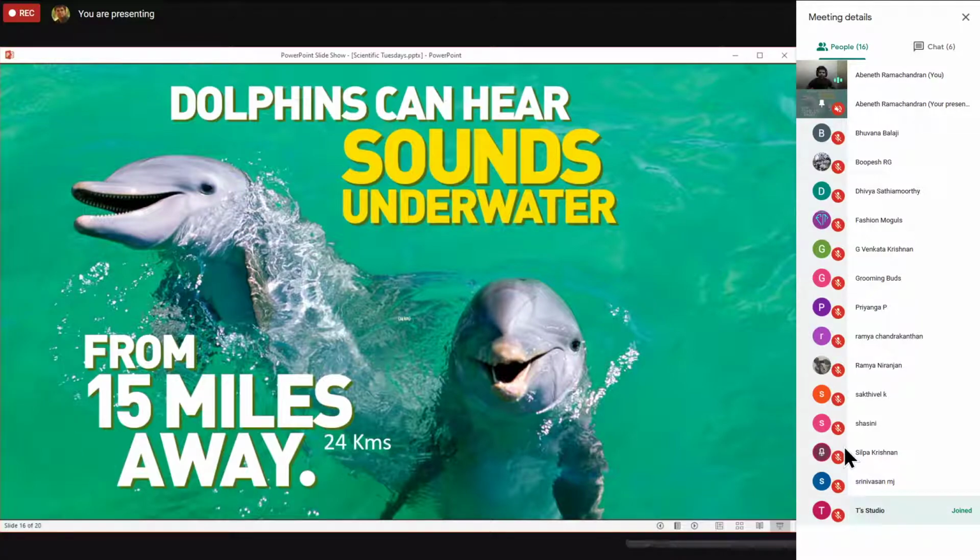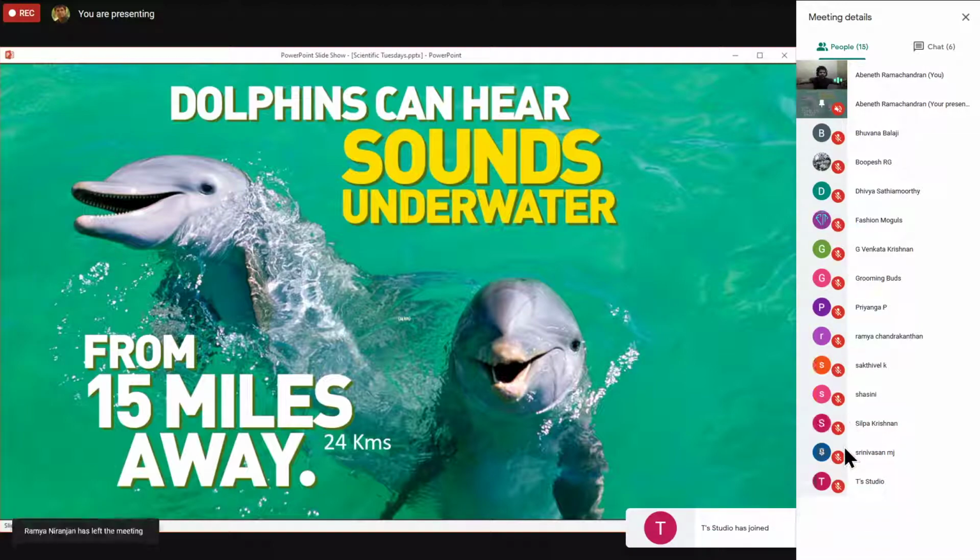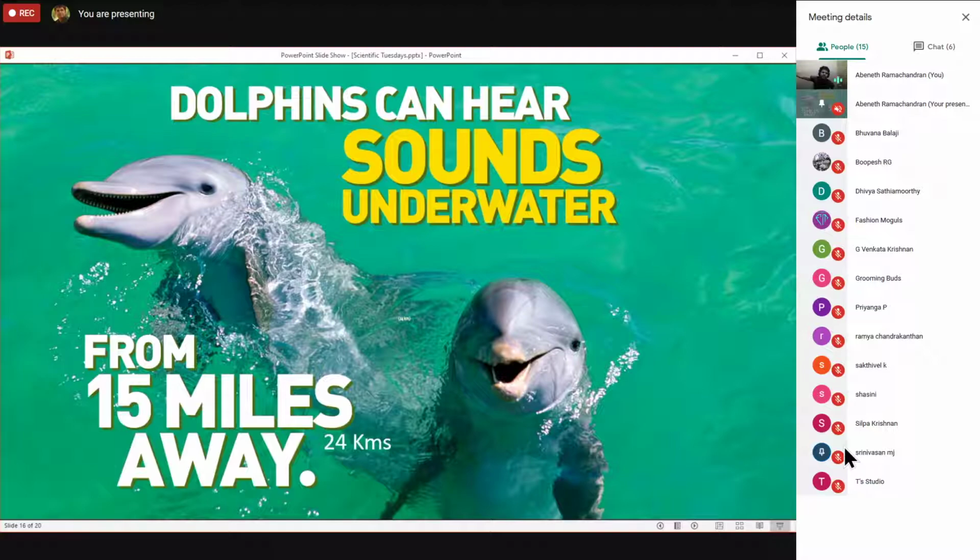For a normal human being, if there is no other disturbance, no other medium or anything, the maximum they can hear is 1 kilometer. 1 kilometer is the longest distance at which a human can hear a sound far away, for it to be at least around 40 to 90 decibels, which is the measure of sound. If it is more than 90 decibels, they can hear beyond that.